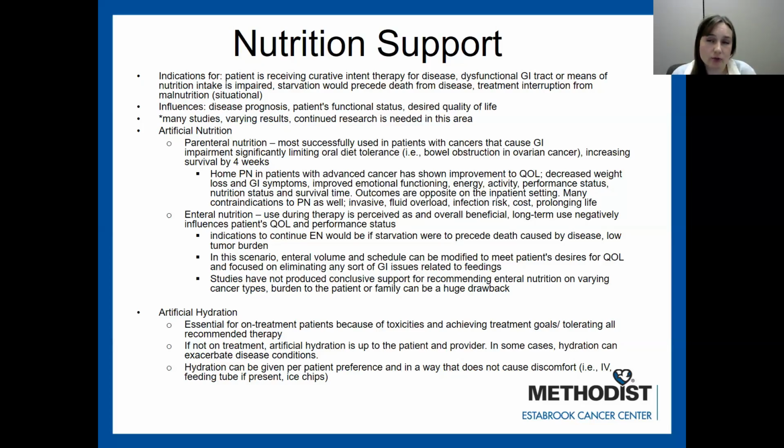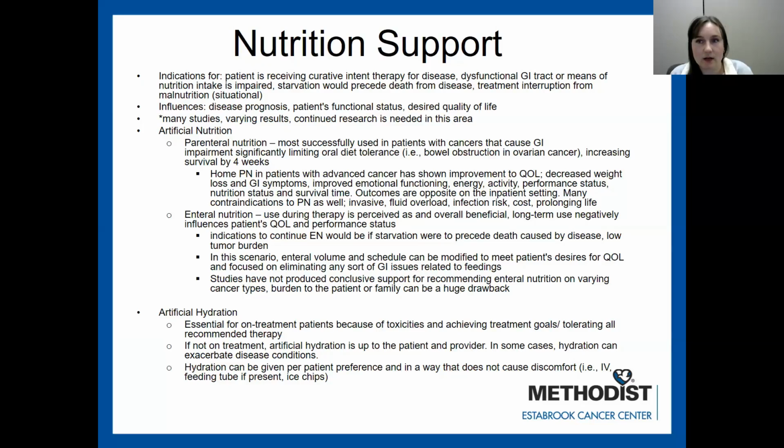Influences for choosing nutrition support would be the prognosis of the disease, the patient's functional status, and the desired quality of life. Like Kim said as well, there's a lot of studies out there. They all have different outcomes, different results, and this is an area of research that we need to continue to study. So artificial nutrition, parenteral nutrition, meaning IV nutrition, is generally reserved for very GI